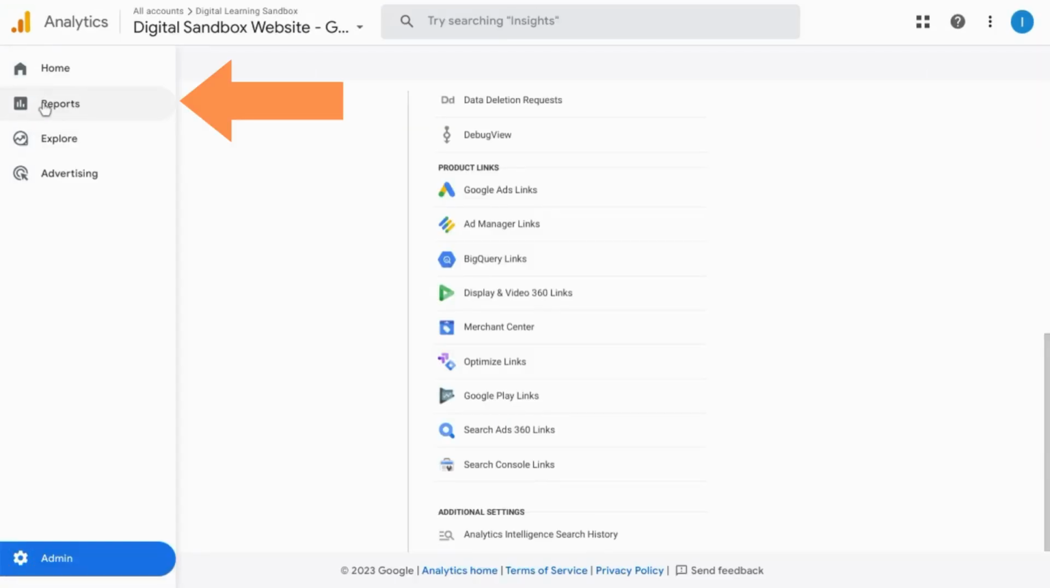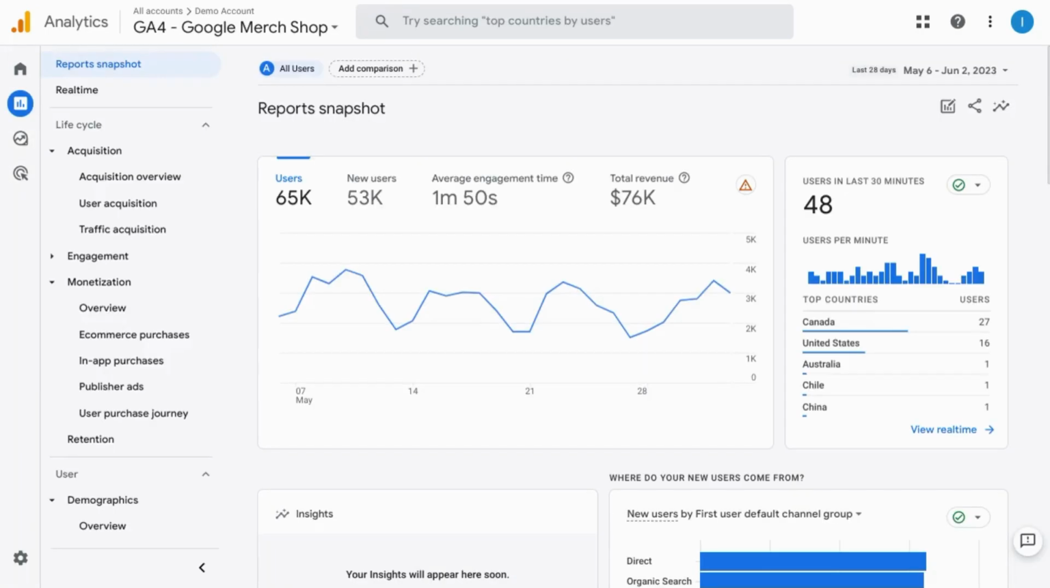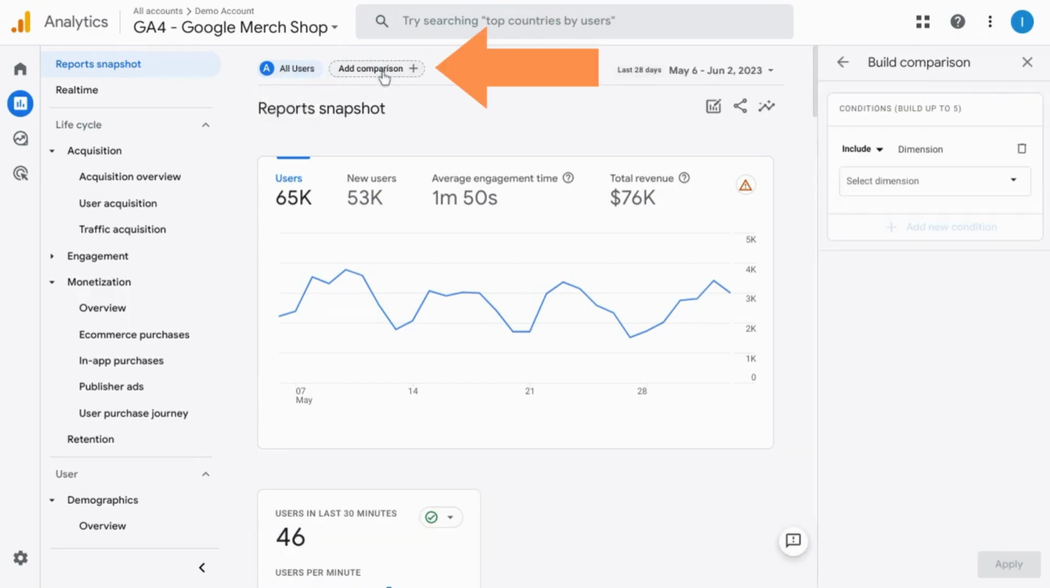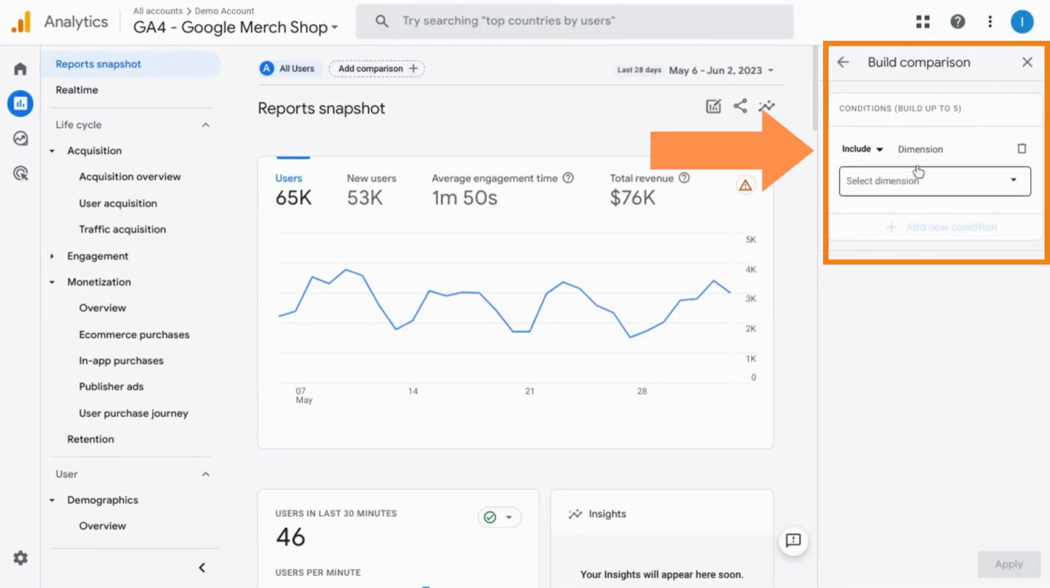Now we'll look at the report section. You'll be brought to the screen that looks like this. It's kind of your dashboard for all the key metrics and important trends that you want to keep an eye on. And by default, it's set to all users, but you can add a comparison from here